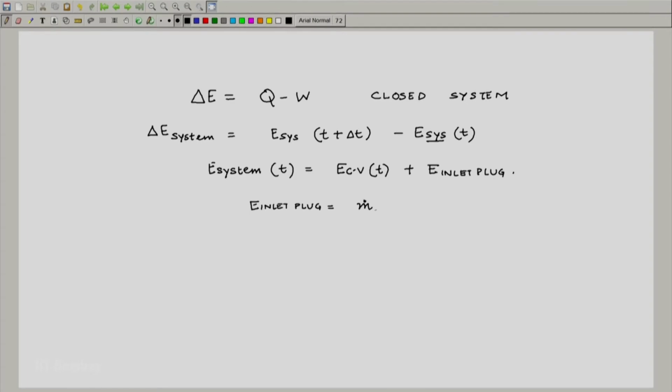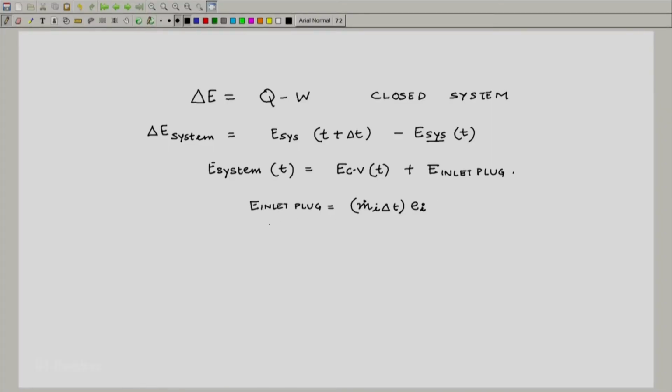So we had a specific energy, that is energy per unit mass. We use a lowercase letter for it, small e. So, it is m dot I delta T, which is the total mass in the inlet plug multiplied by eI, and we had said over a small time delta T, the specific energy of this inlet plug is fixed, and we were able to define it. That is what we had mentioned initially, that there is locally some kind of an equilibrium, and we know exactly what the energy or the entropy or density at the inlet and exit is. So, this is what we have done.